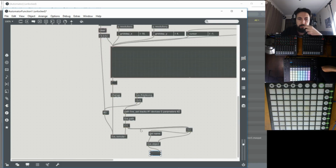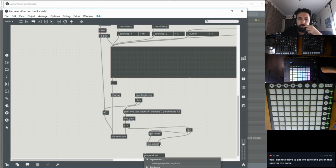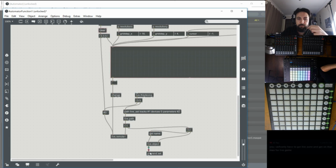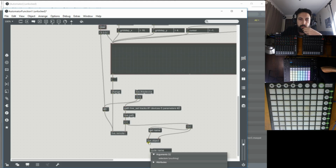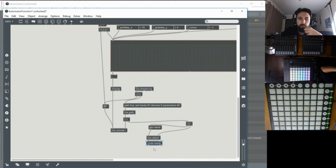What I actually want to do is instead of putting the name of what parameter that is into a comment box, I'm going to put it into a message box. I'm going to do a prepend set. So it's going to bang the name out. I need to route name first as well. Oh, actually what I can do is it says name. So I can go route name. So the name's going to come out. It's going to remove the name. And then I can